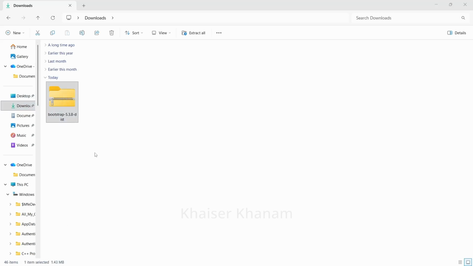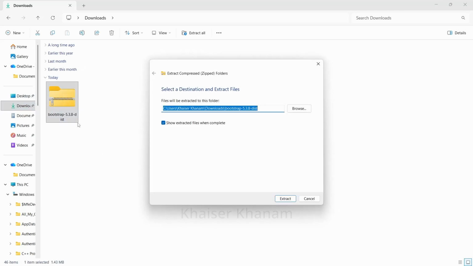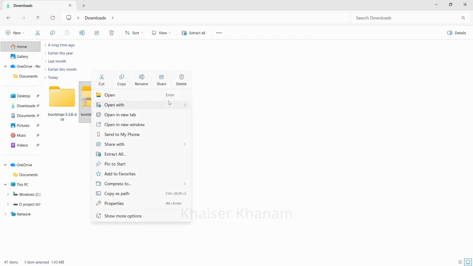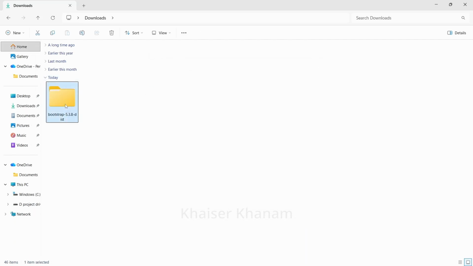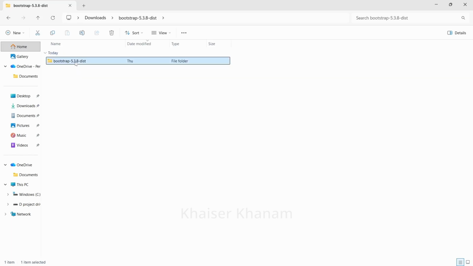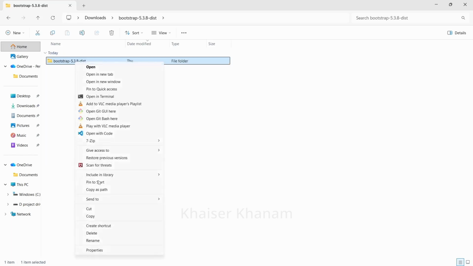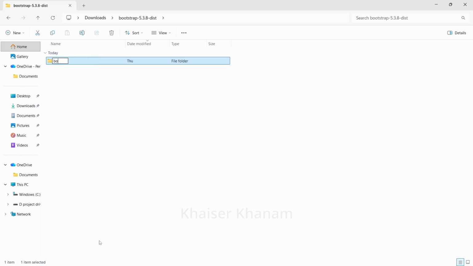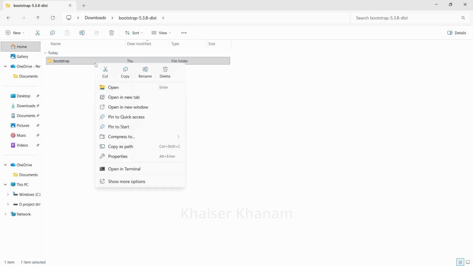Right click and extract all. As of now, in this same folder, I'm just going to extract. Once it is done, delete this zip file. Inside this folder, here you will be having another folder. Right click and rename this folder to Bootstrap. Now copy this folder,